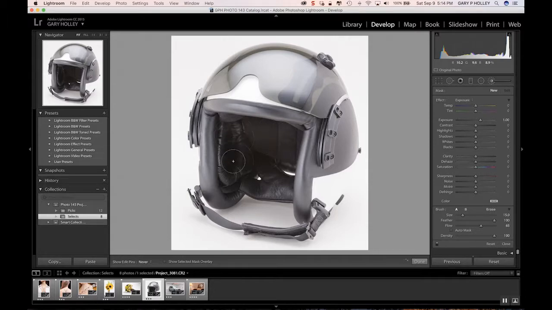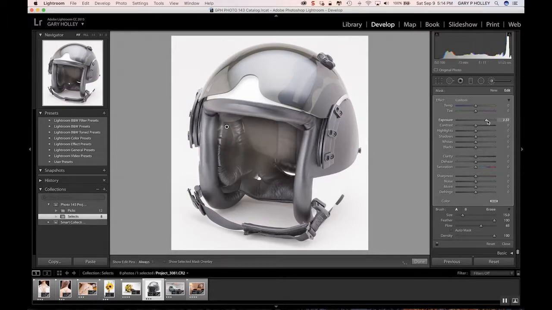So here, I'm just going to go ahead and paint a little bit just to get started. Now remember, it defaulted to a one-stop exposure adjustment. You can leave it high like that just while you're editing, just so you can see things. But that's not really what we want. That's definitely not the look we're going for. But this is the shadow area. So if I open up the shadows and bring the exposure back down to 0,